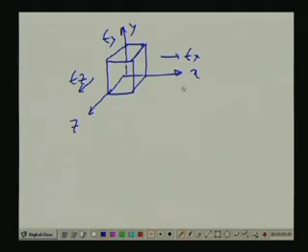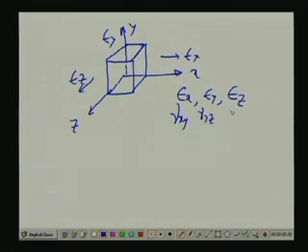So, we have the strain components epsilon x, epsilon y and epsilon z, the normal strains, and the shearing strains gamma xy, gamma yz and gamma zx. So, these are the 6 strain components which will be acting at this particular point with reference to this rectangular